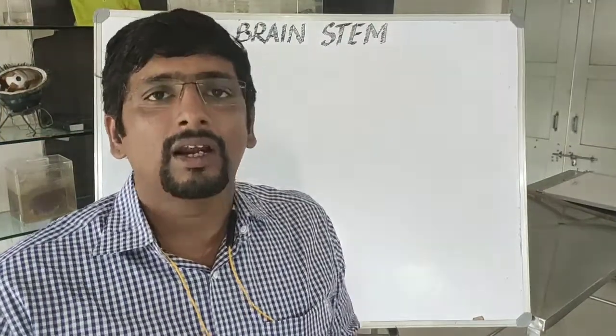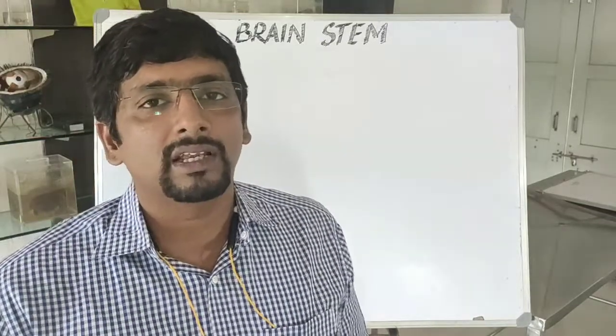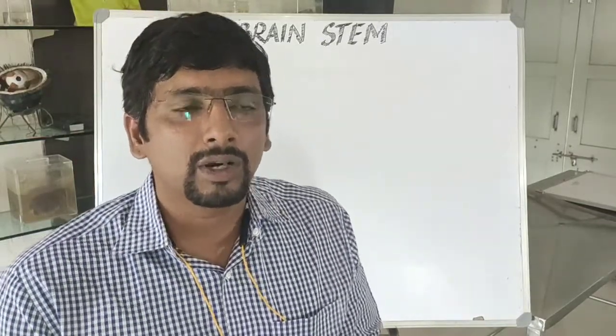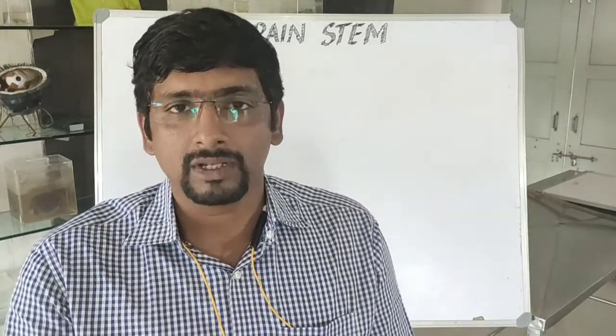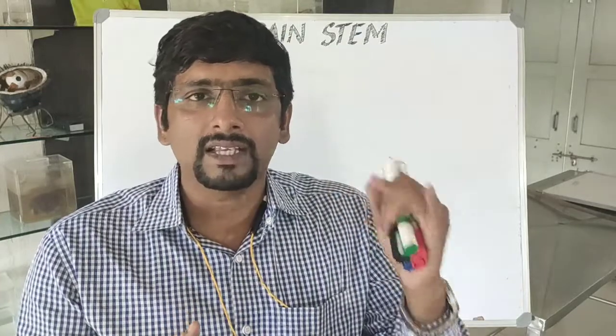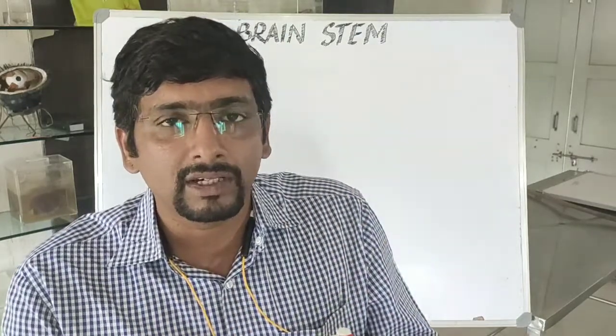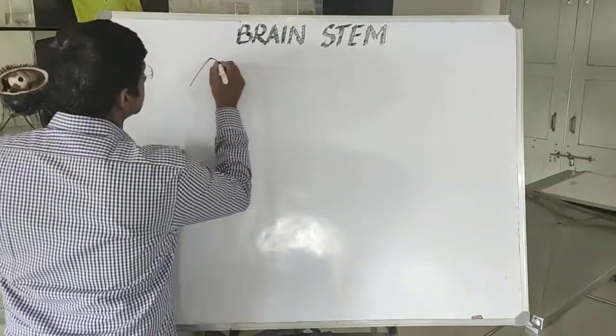Now, after knowing the cranial nerves and how to remember them in order, and how to remember those components in order, now we will see the cranial nerve attachment with the brainstem first, right? And we already know that the first and second cranial nerves are not related with the brainstem directly, but the third to 12th cranial nerves are connected with the brainstem.